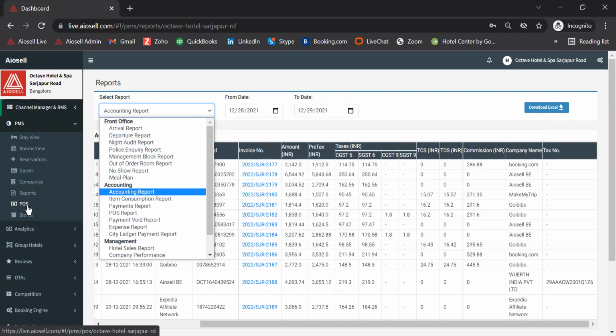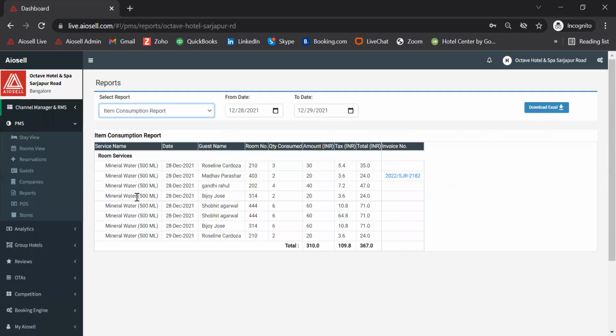And if there is any consumption, say, for example, in the bar, we can just see it from the item consumption report. So in case a hotel is using a point of sale, we will be able to see which are the items which have been consumed in our different point of sale. And in this case, you can see that the room service has consumed so many mineral bottles, for example. Again, you can download this file.